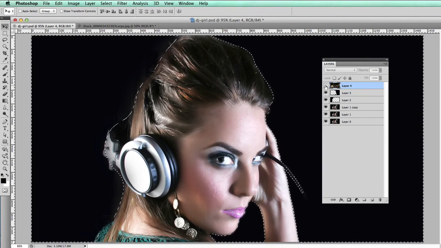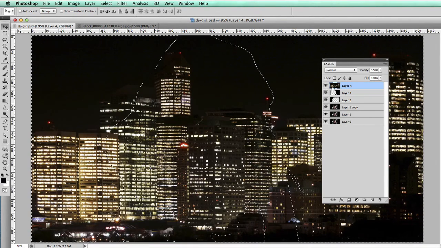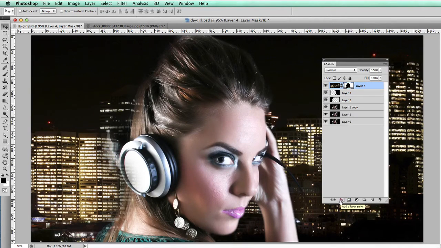So now all we've got to do is turn this top layer on, and with that top layer selected, we go down here and add layer mask. And as you can see, that has turned the selection we had into a layer mask, masking out the areas that were selected previously. And one of the benefits of using layer masks is that you can improve them,